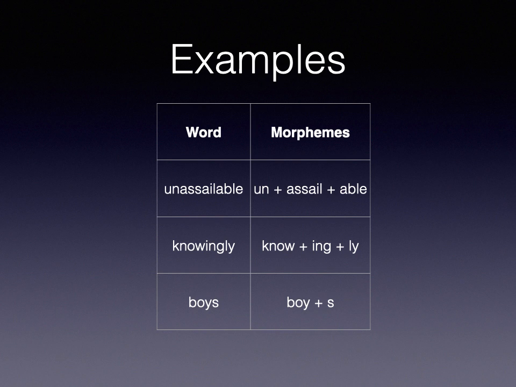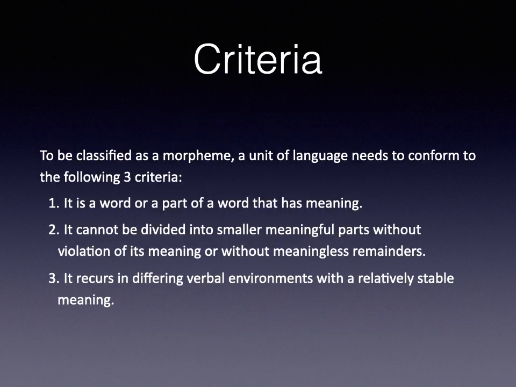Now that we have already defined the morpheme as the smallest meaningful unit or the smallest unit of grammatical function, let us look at some criteria that are needed to consider something as a morpheme. Every time a word is split into two, it need not become a morpheme. So there are three criteria in order to understand whether a unit of language is a morpheme or not. Only if it